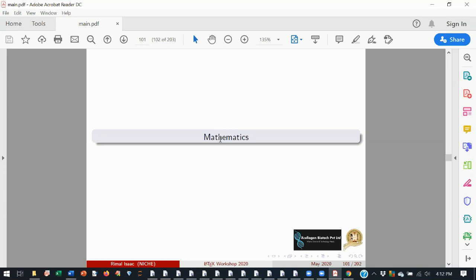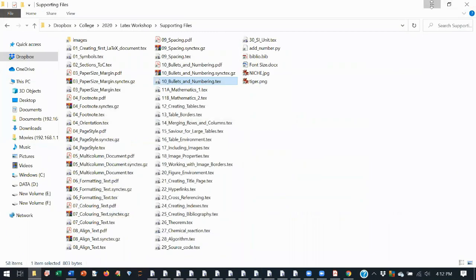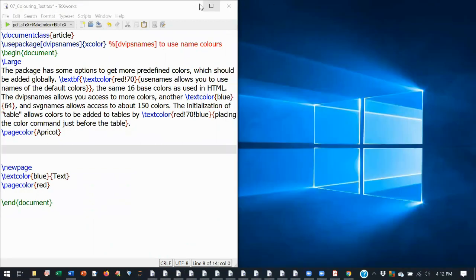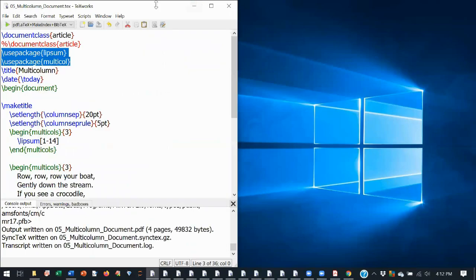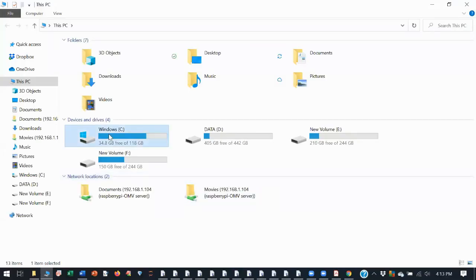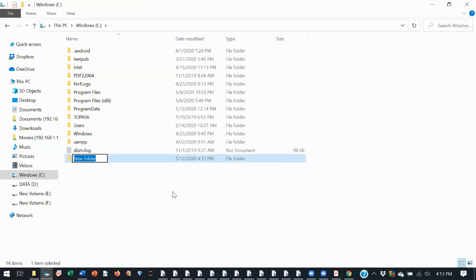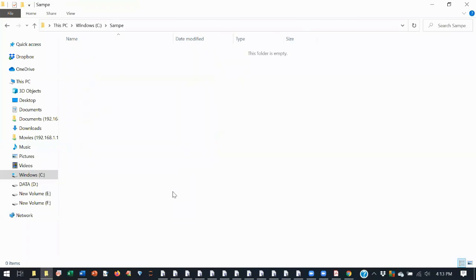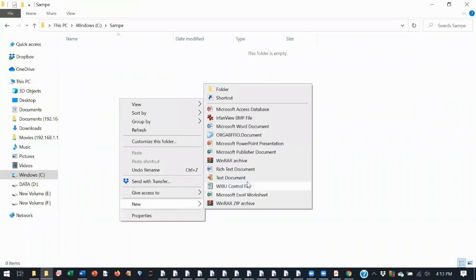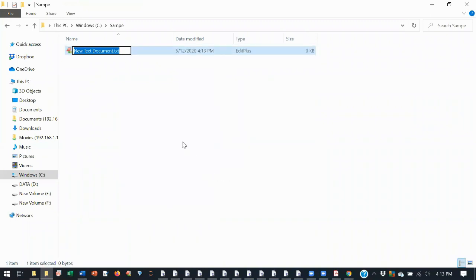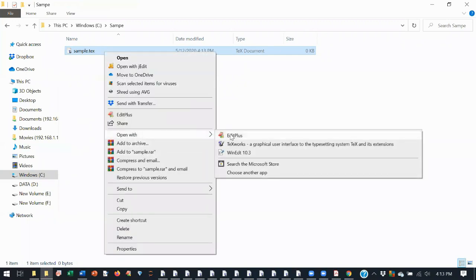Okay, someone is asking about compiling using Notepad. You cannot directly compile using Notepad. You have to create a file, sample.tex.